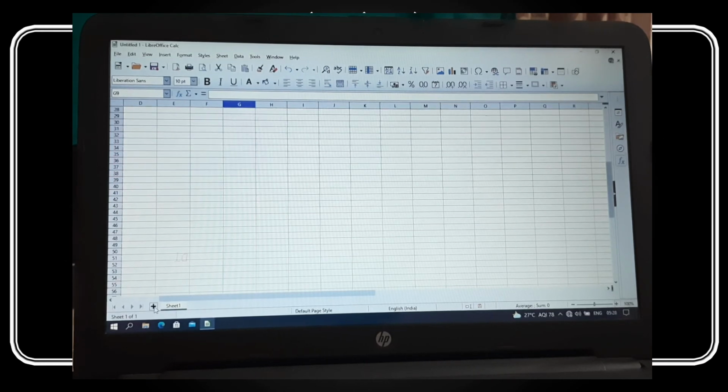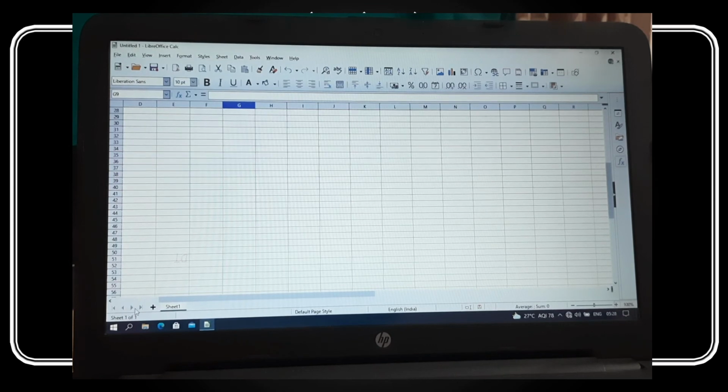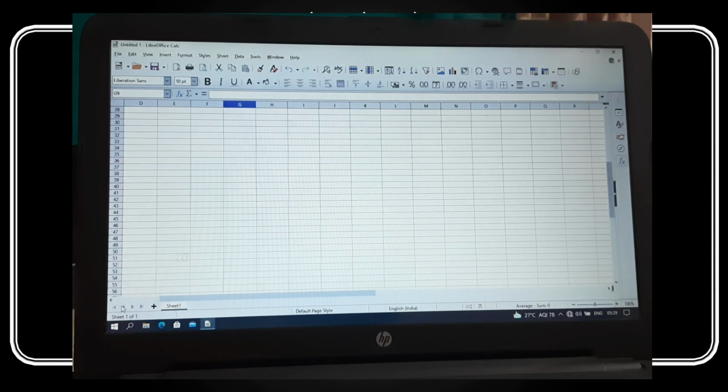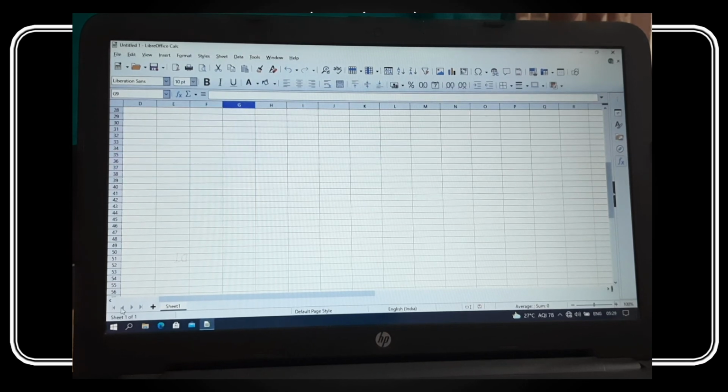We can add many sheets here, and this is the navigation. After moving to the next sheet, we can use it. Here by default only one sheet is there, and we didn't write anything, and we didn't use the next sheet. That is why it is not showing anything. Okay, these are the navigation buttons. They allow you to navigate from one worksheet to another in a workbook.